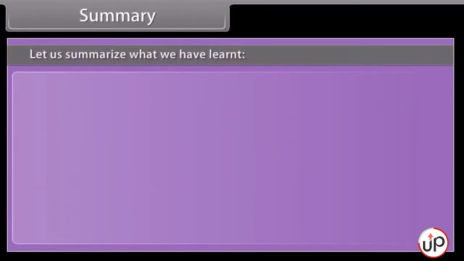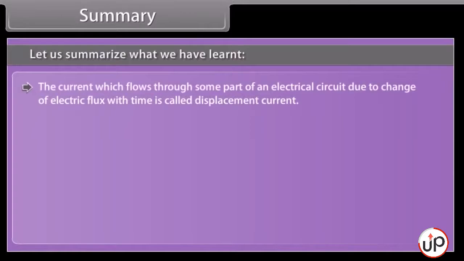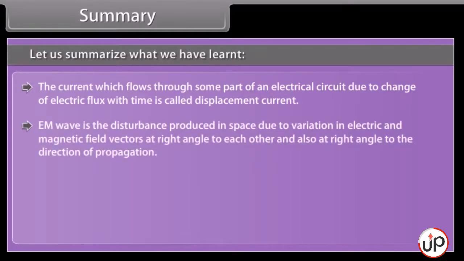Summary. Let us summarize what we have learned. The current which flows through some part of an electrical circuit due to change of electrical flux with time is called displacement current. EM wave is the disturbance produced in space due to variation in electric and magnetic field vectors